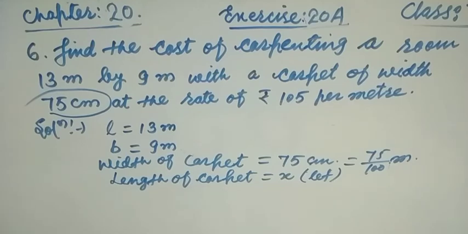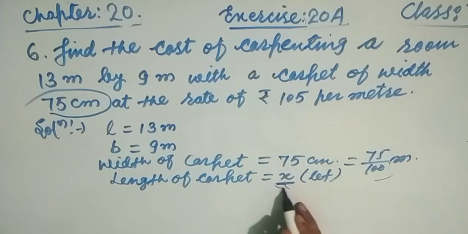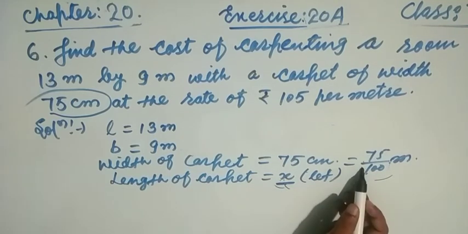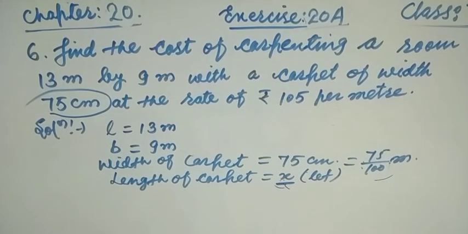After measuring the length, whatever the length is, suppose L, so that means, friends, if the length is x and the width of the carpet is this, if we multiply, this is the required area that we need, and after spreading with this length and this width, the floor, that means the land of the room, will be completely covered. So this length multiplied by this width is equal to the area of the floor of the room. Okay friends, now